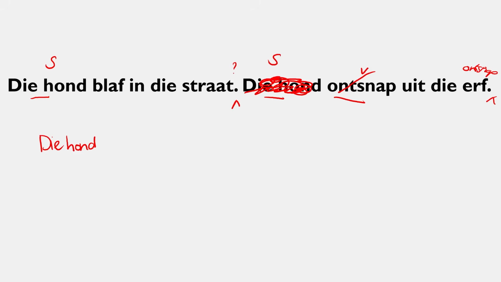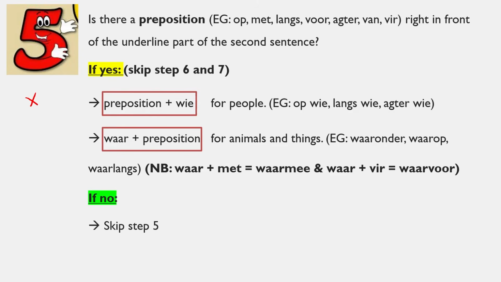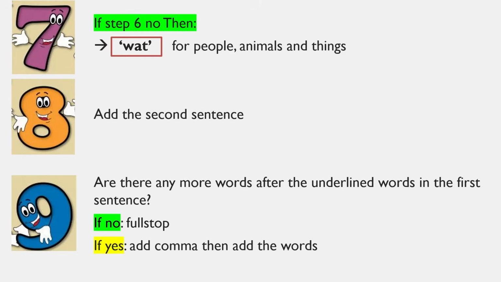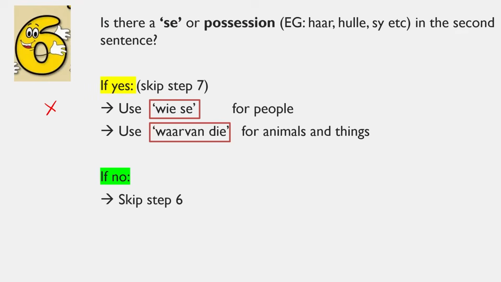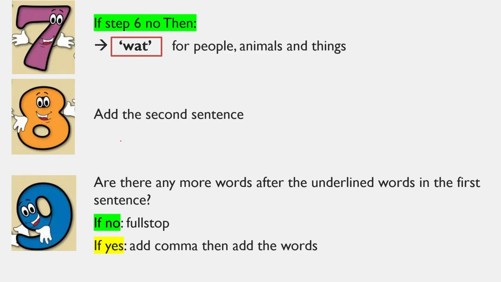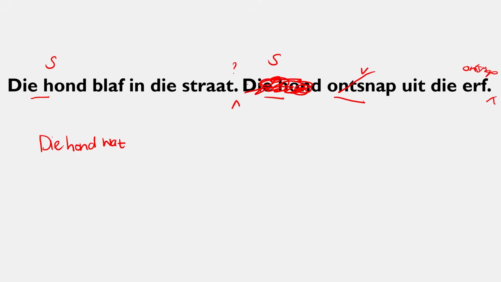So what are we going to do? We're going to add wat. Why? Because we didn't have step 5. We didn't have any prepositions in our first sentence, or right before our underlined part in our second sentence. We didn't have any s or possession in our second sentence. So we only have step 7, which is for all things, for people, for animals and things. So we add wat here. Then what do they tell us? They tell us to add the second sentence. What was our second sentence? Remember, we removed this and we moved that to the end. So it's wat uit die erf